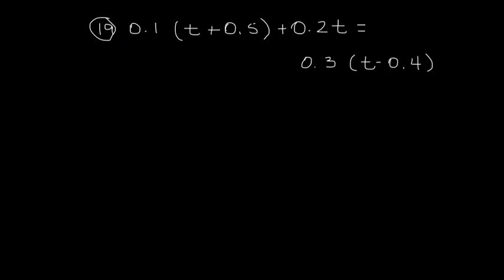Okay, next we have a decimal, or several decimals in this problem. There's absolutely no difference in working with decimals. I will distribute that 0.1, or that 1/10, to each term inside the parentheses. So 0.1 times t is just 0.1t, plus 0.1 times 0.5 just gives us 0.05. I still have that plus 0.2t,